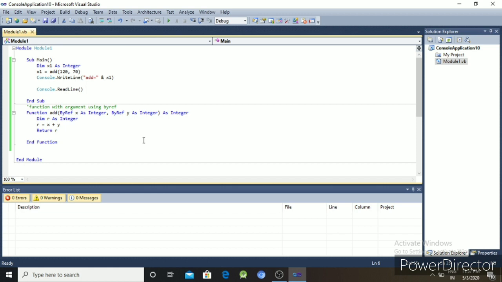Suppose you have to find the Fibonacci series, or find the sum of digits using a function. So with functions you can solve many problems using with argument, without argument, with argument using ByRef, with argument using ByVal, and ParamArray. According to your choice, you can solve many problems using functions.